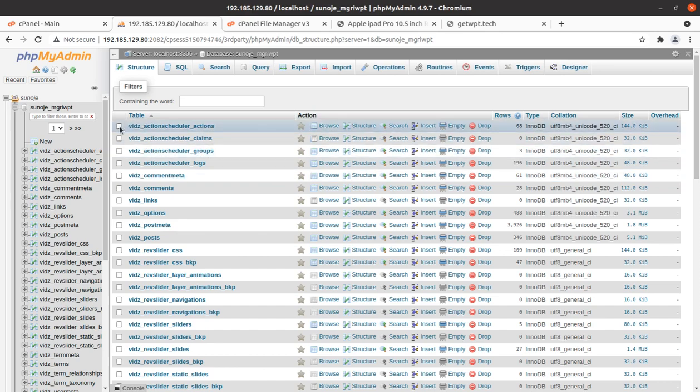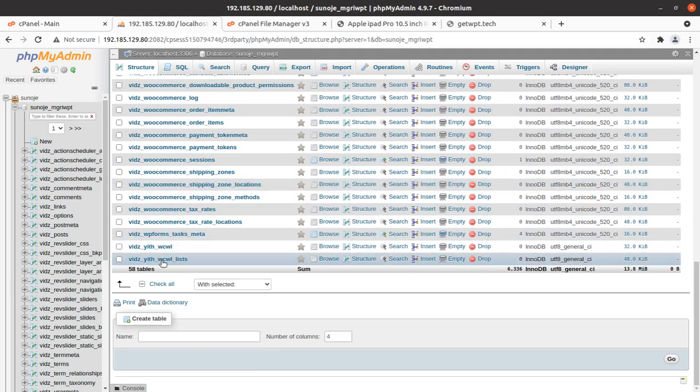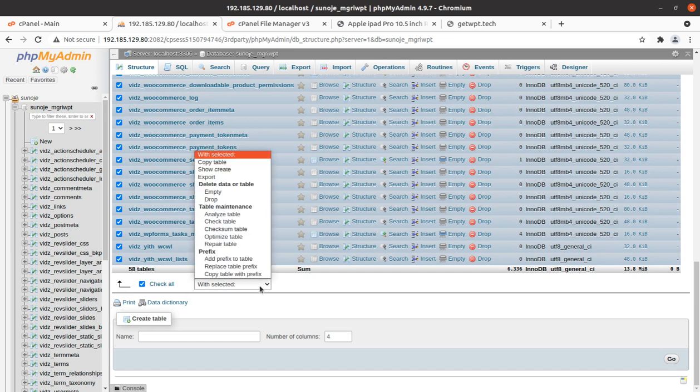So simply select all, the check all option is here. So it got checked all, and there is a drop down option called optimize table, database maintenance, check table, checksum table, and other options are also here. These are for different purposes.